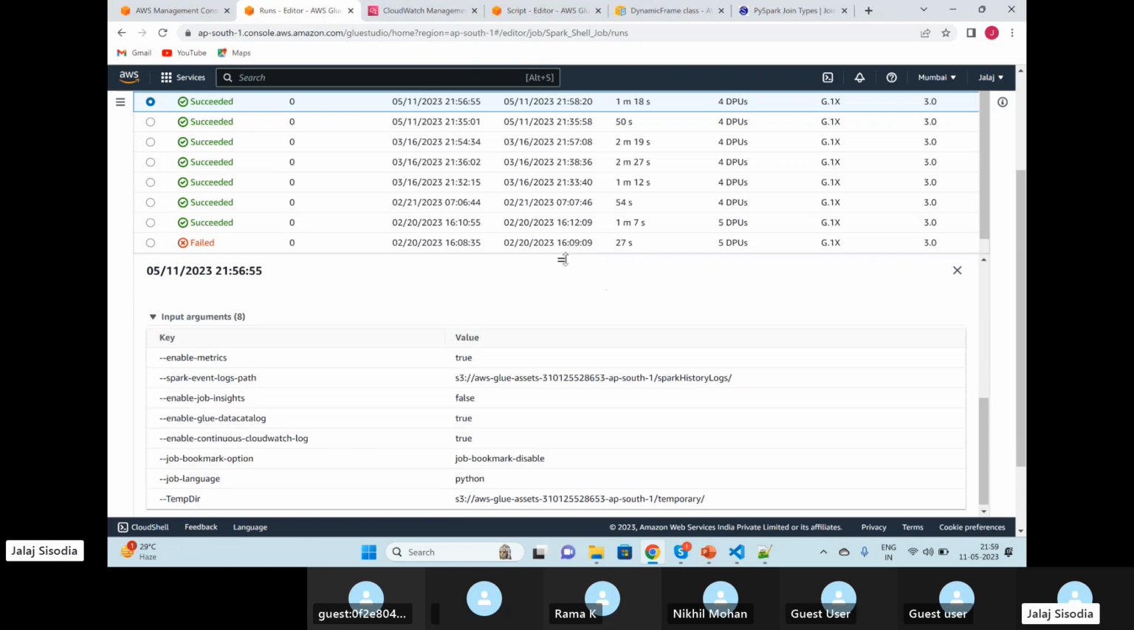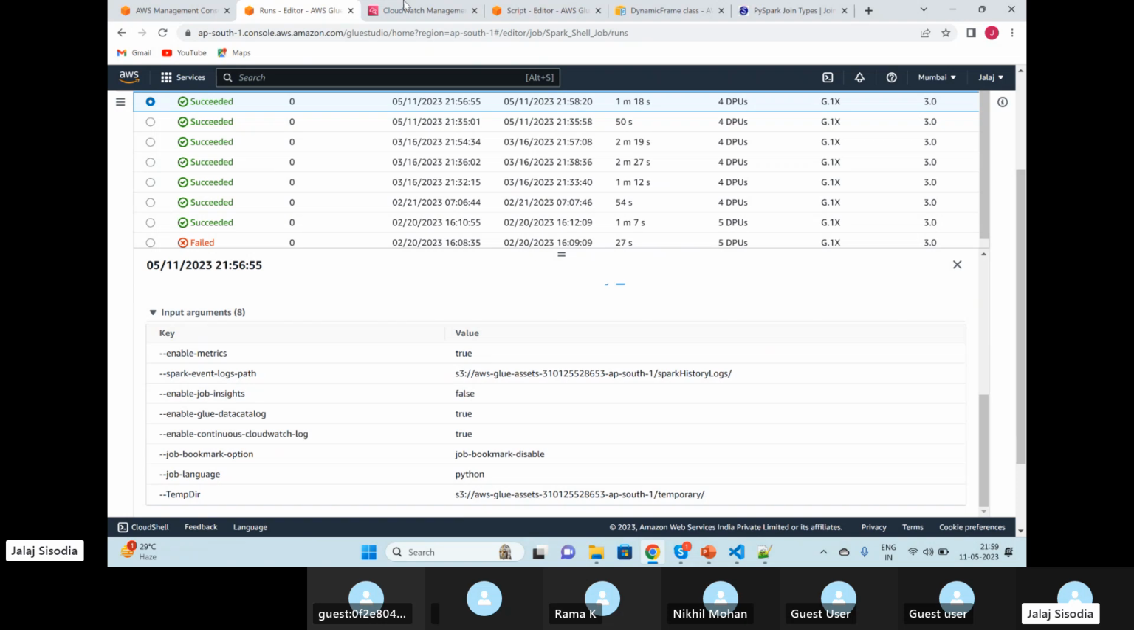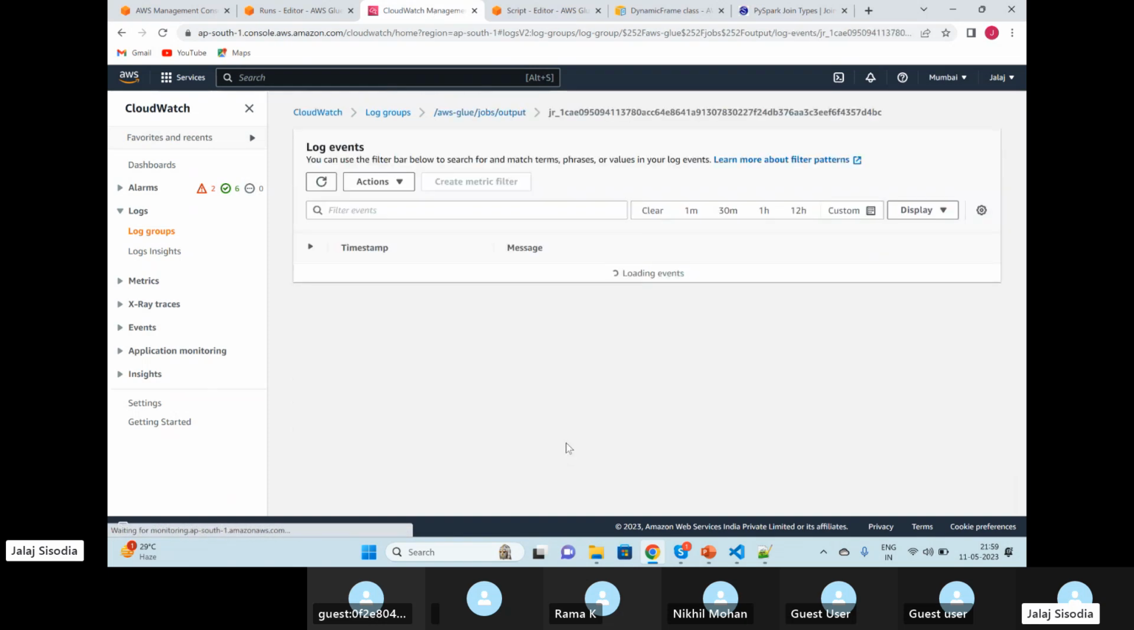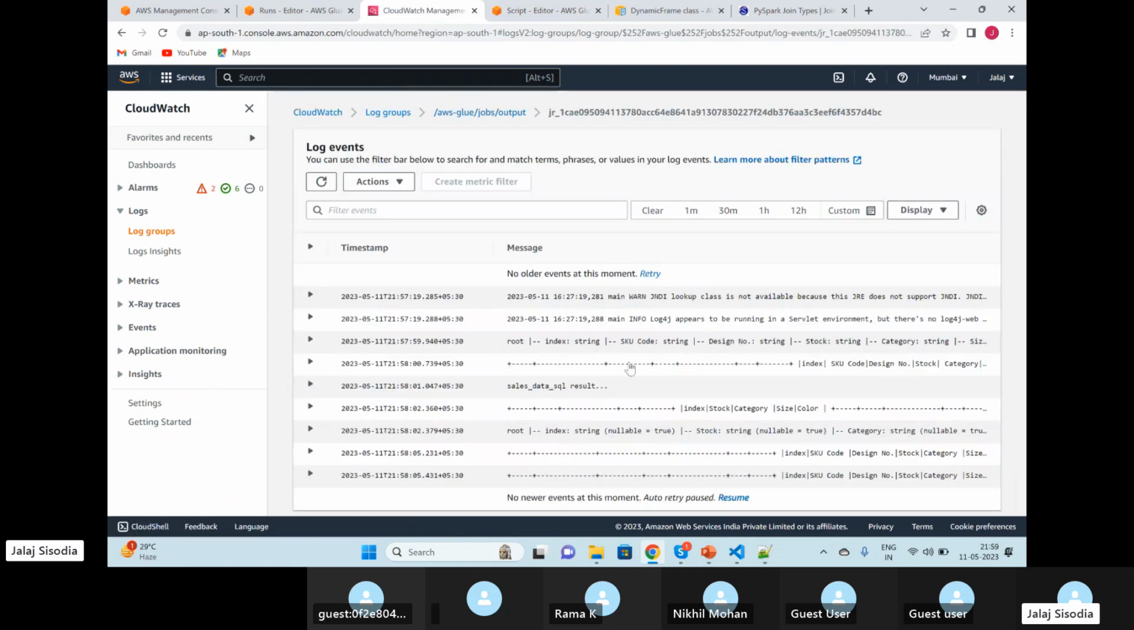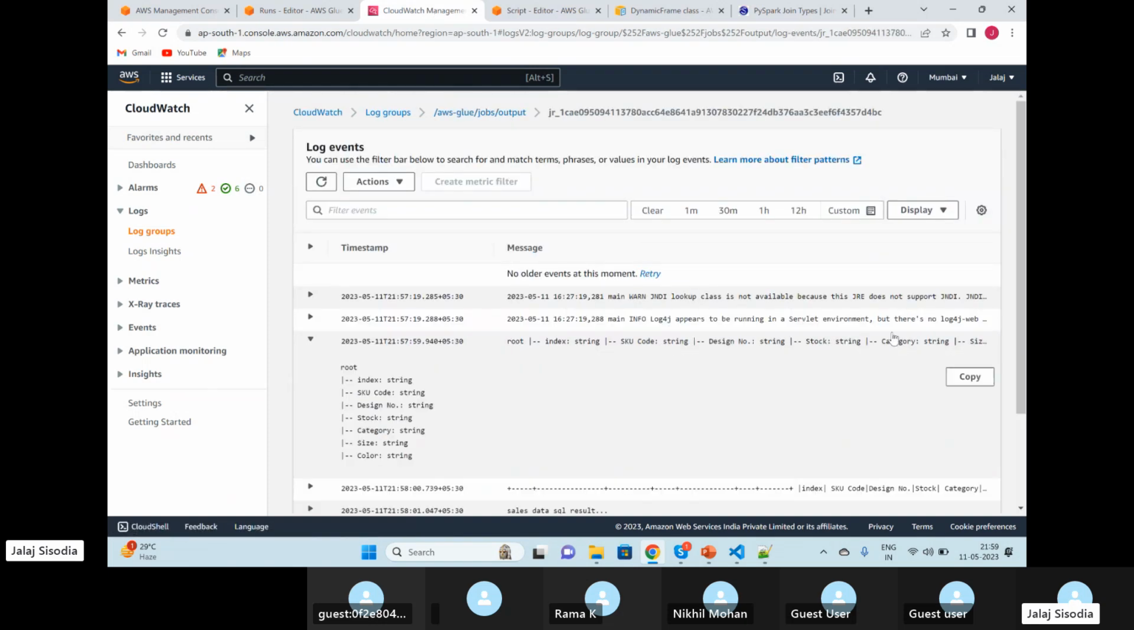Okay, I don't know why. This is actually maximum. I'm not getting anything here. Previously, I used to get details here also. So you can see the schema of